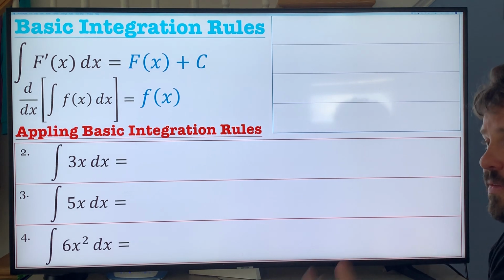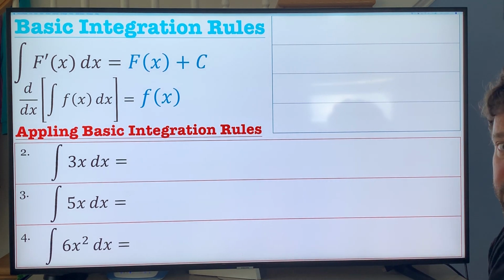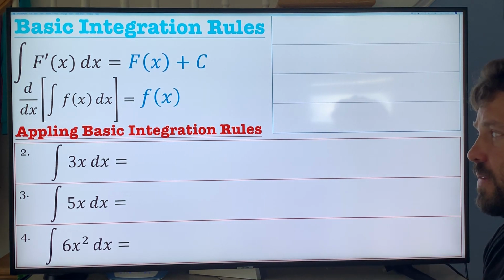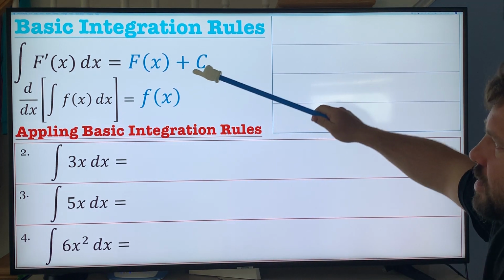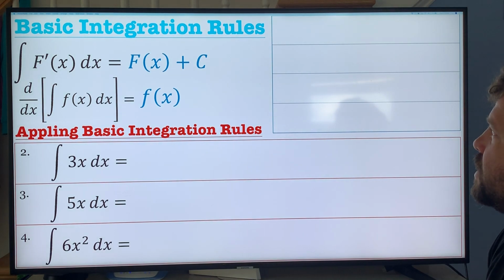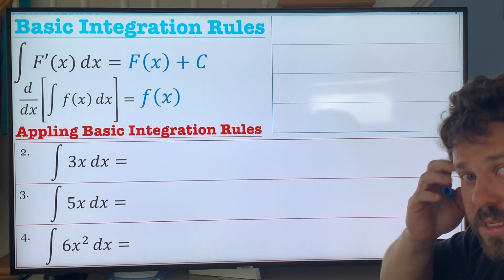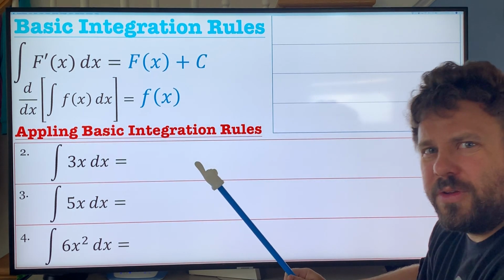So when you integrate a derivative, it's f of x plus c, because we don't know what the constant is. But if you take the derivative of the integral, it's just f of x. So one ends up with a c, one doesn't. We're going to be dealing with that. So let's look at some basic rules and see if you can come up with these on your own. It's a little tough to do on the computer, but